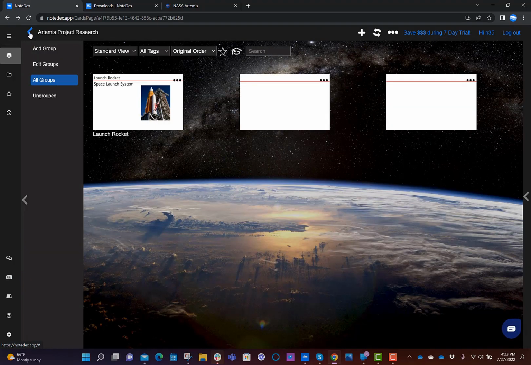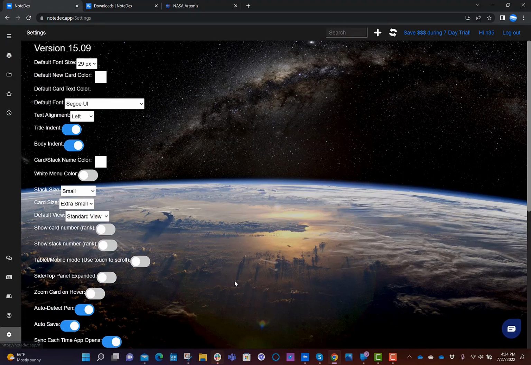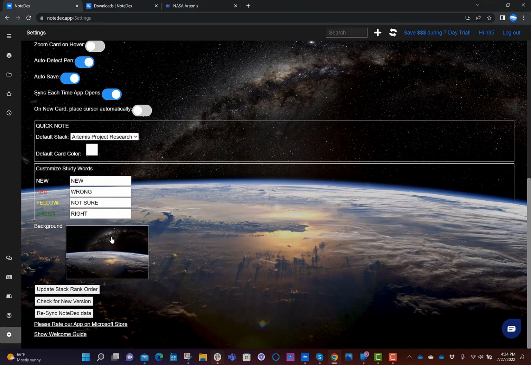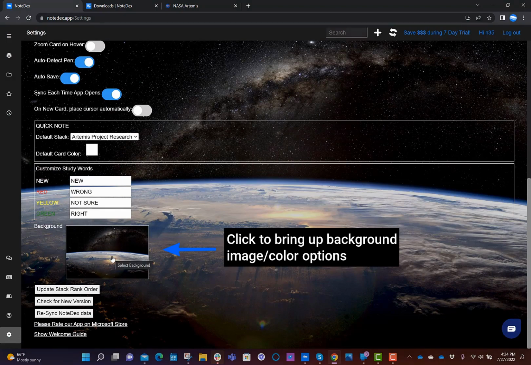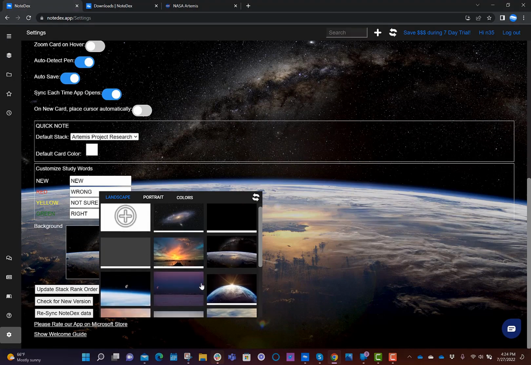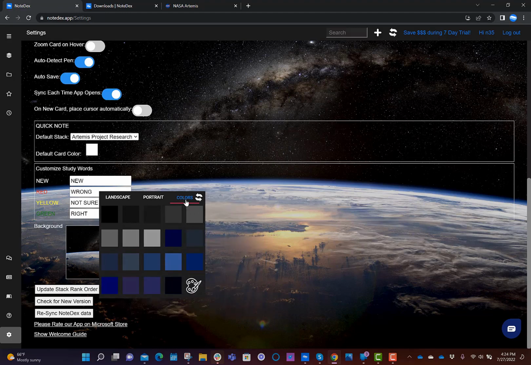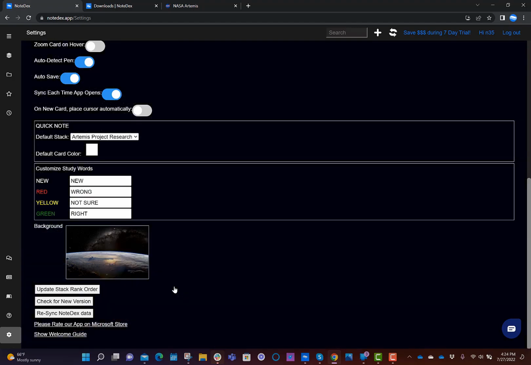All right. Now, some other things that we should look at for NoteDex. Let's go back to the home page. Some of you may not like the image that we have here on the background, the image of the Earth. So it's really easy to customize NoteDex. And I'm going to go into the settings, which is the bottom left-hand icon. And if we scroll down, we see this image here called background. So if you click on that image, then NoteDex sometimes takes a few seconds to download the images. This time it happened very quickly. And you can either choose a different background image, you can upload your own image, or you can choose a plain color. So let's say in this case, we just want this nice dark blue that we've added.